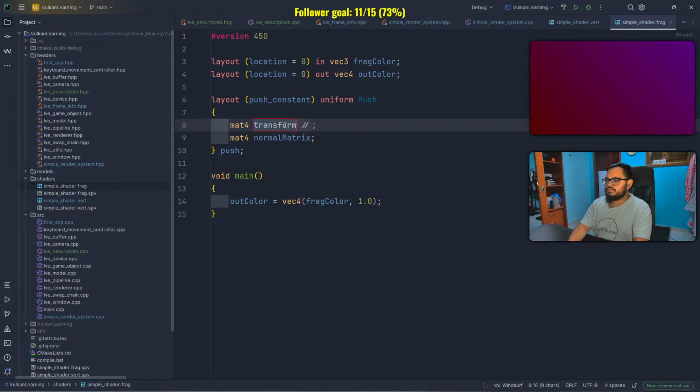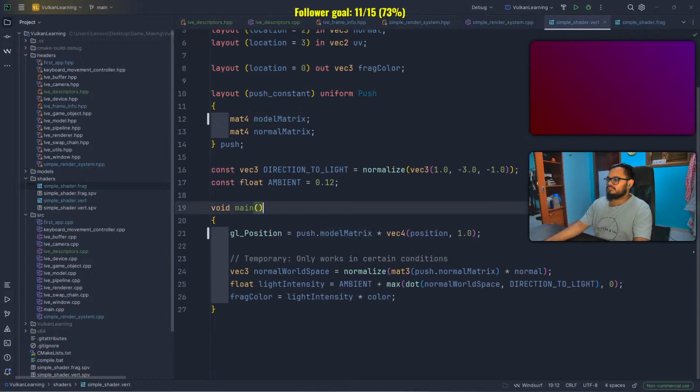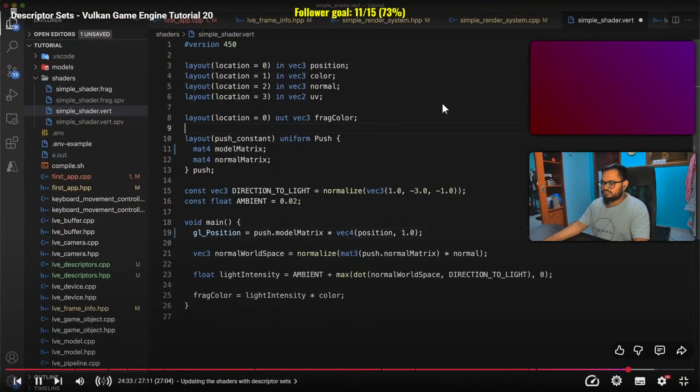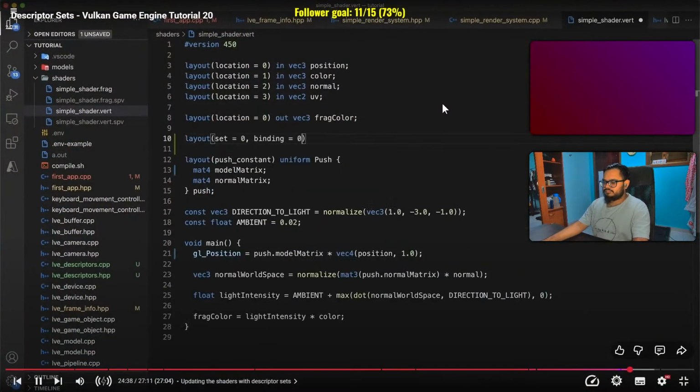Shift F6, model matrix. And then to declare a descriptor set uniform, we use layout with the arguments set equal to 0, binding equal to 0, followed by the